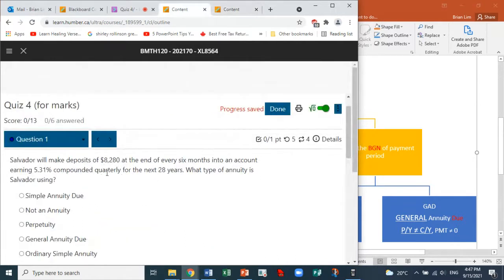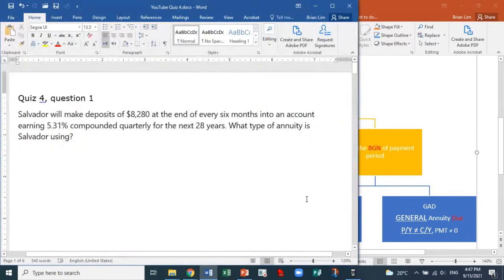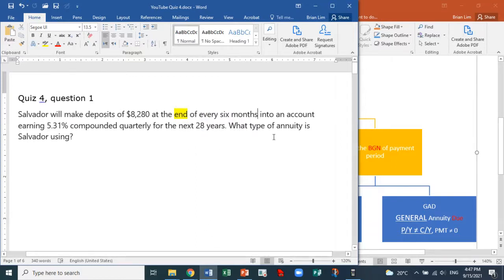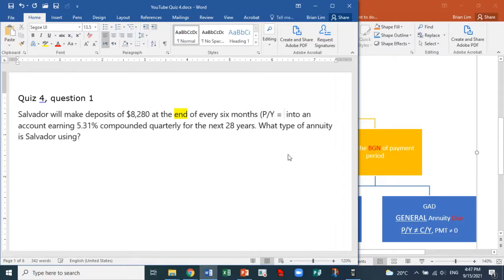All right, so this question I copied into Word, which is right here. Salvador will make deposits of $8,280 at the end. Okay, and that will become important to us as we look at it. At the end of every 6 months. So these deposits are actually payments. So this would be the PY is equal to end of every 6 months, so it's twice per year. Okay, so PY would be 2, and into an account earning